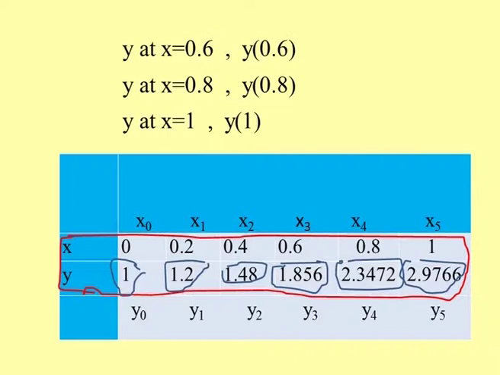Okay. After finding each and every value, we will come and substitute here. This is the final tabular column. Each and every value is substituted. X values are written here 0, 0.2, 0.4, 0.6, 0.8, 1 and y value, the first one is 1, the y naught value, and y1, y2, y3 will be calculated and substituted here.